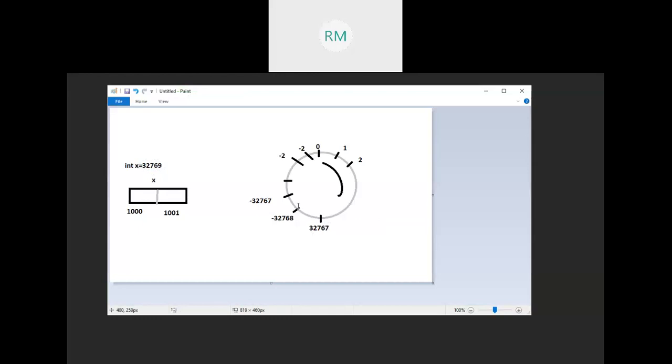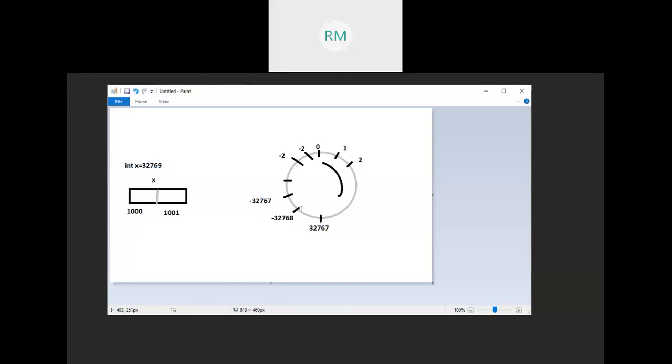Understand? So it is like a circle. In this circle, in the clockwise direction, we represent all the positive numbers, and in the other direction, all the negative numbers. So when you are assigning a positive value to a variable, you count in the clockwise direction. If it exceeds the range, it jumps to the negative range. So 32,767, add 1, it jumps here.